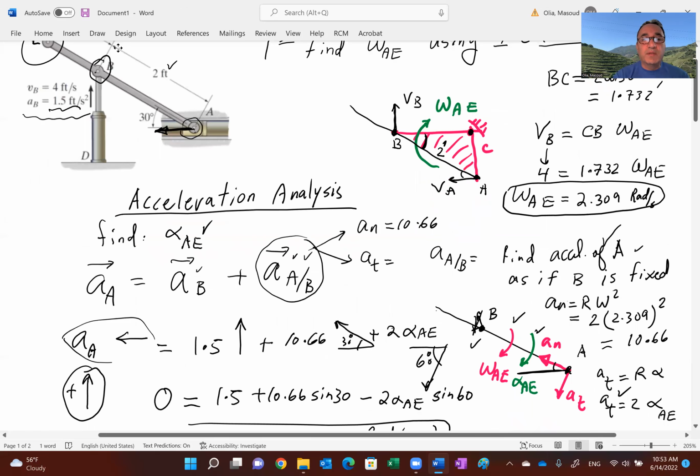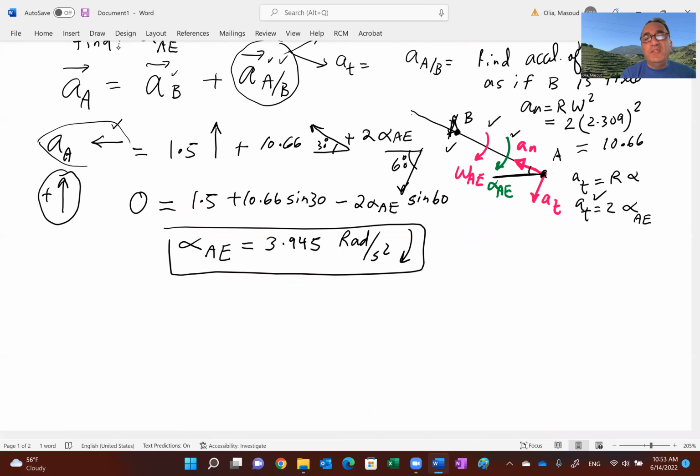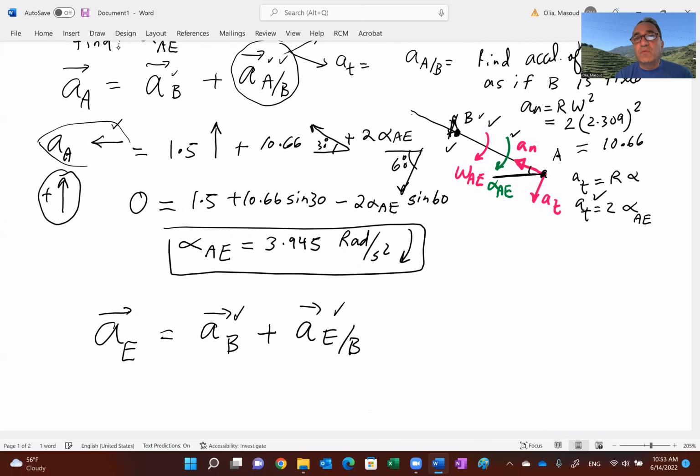All right. So look, guys, by the way, I could come and find acceleration of A, but I don't need that. So I'm going to say now acceleration of E is acceleration of B plus acceleration of E relative to B, meaning that, again, we translate with B, we rotate about B. Look, guys, we already have made B fixed here. So we could actually use the same picture, right? So in fact,